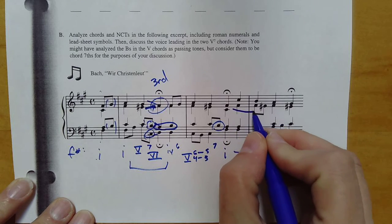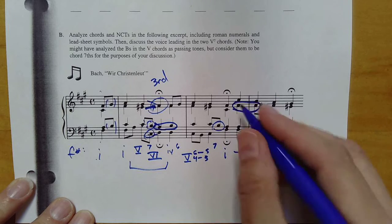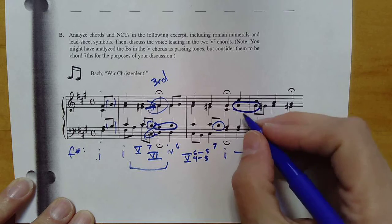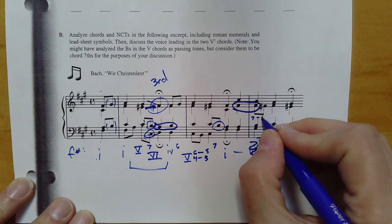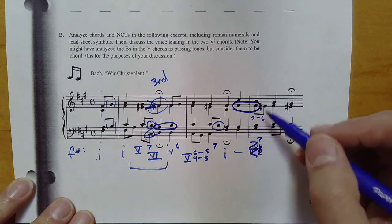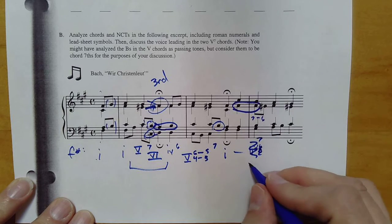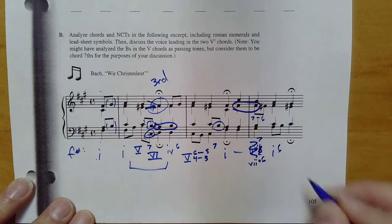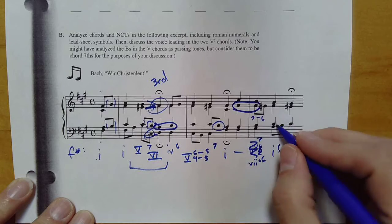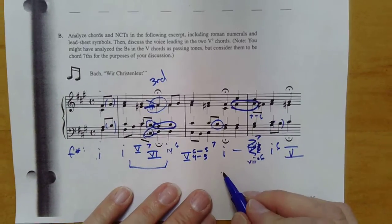I'm actually more convinced that the F sharp is just a suspension here. And this is a 7-6 suspension. And this chord is E sharp, G, B. So it's 7 diminished 6 going to 1-6. This is a passing note and taking us to 5. This progression right here, 1,